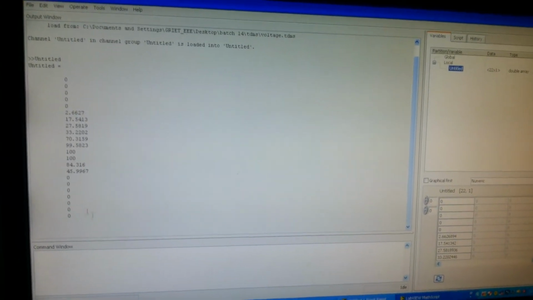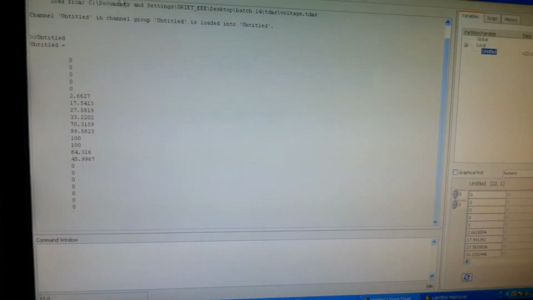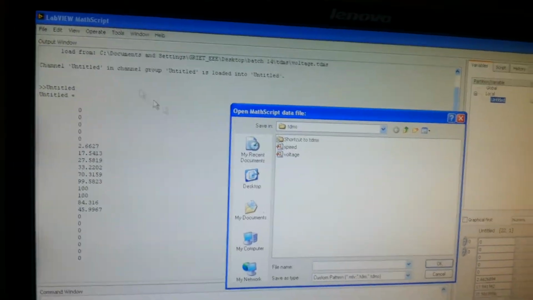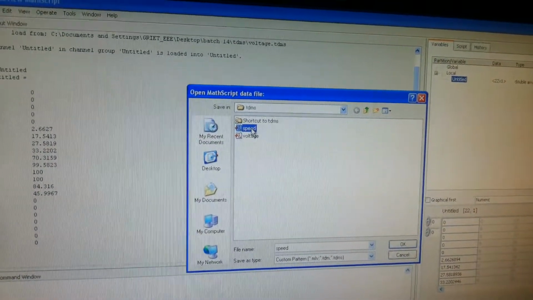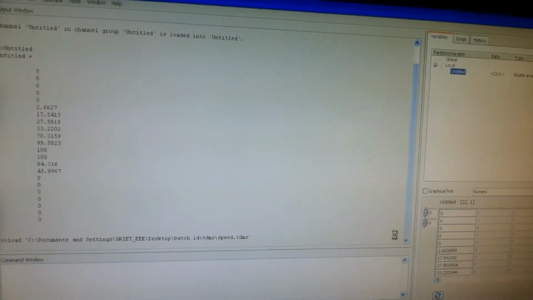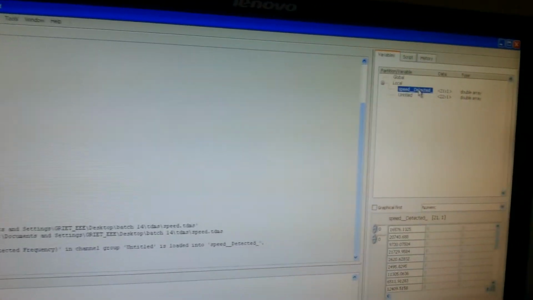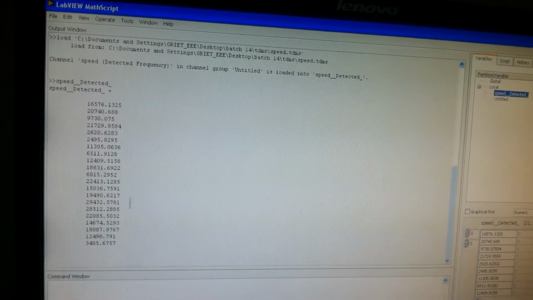Then the voltage values are displayed as shown in the window, and the speed signal is loaded into this window as speed signal data. The speed values are displayed as given in the window.